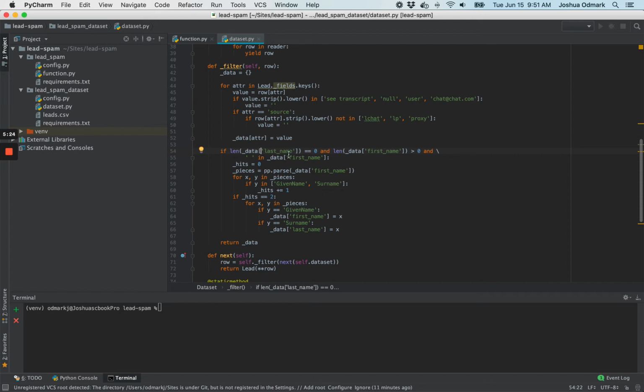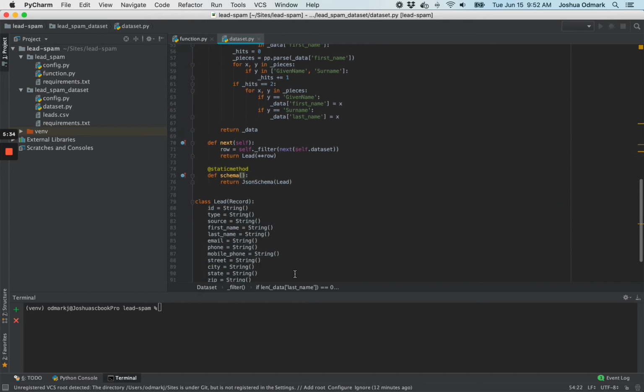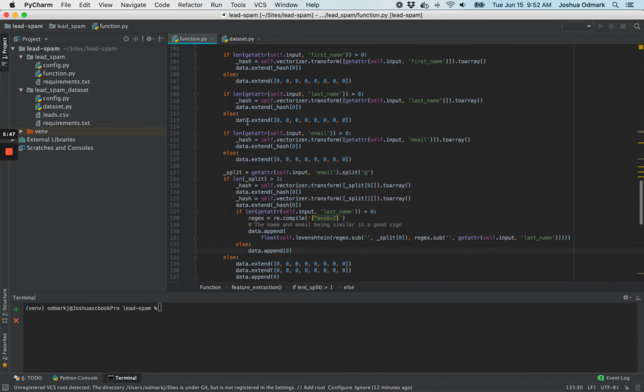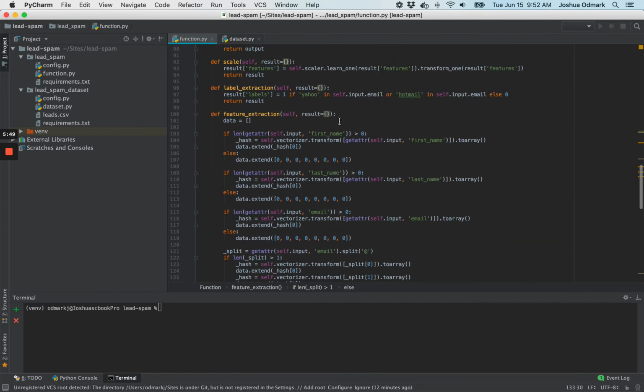And so that's really it. What happens here is once this data set cleans up the data a little bit, now this data can flow in a proper schema into my pipeline. Because I'm setting things to an empty string, this is very common. You don't always have all the data points. You'll see here in the function, in my feature extraction, I've got to handle these use cases where the string